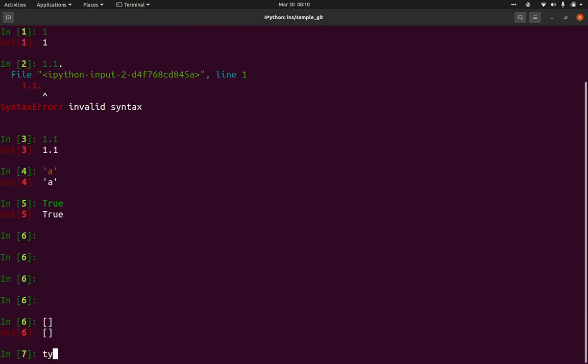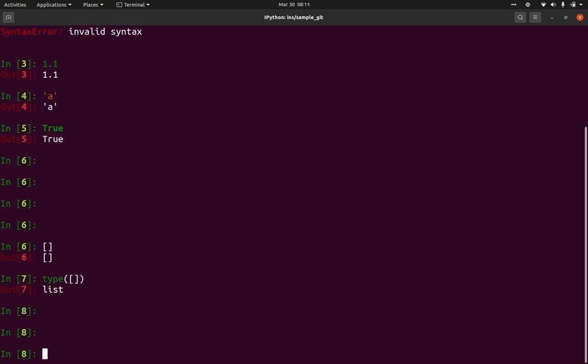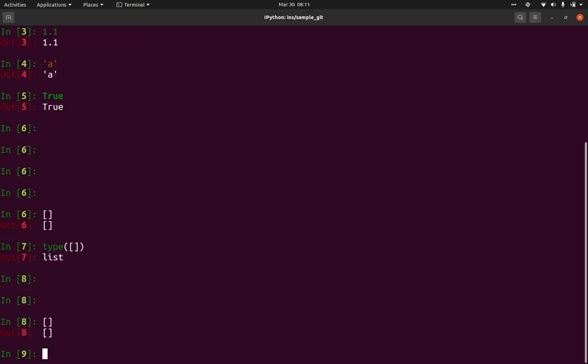If you want to check the type, you can always check the type, right? We already saw this keyword, how to use this. Whatever data type you are giving inside, it will give you the class of that particular data type. So you can check, this is a list, this is the list class. This is an empty list. Inside that you can have a collection of other data types. It can be any data type: a number, a string, a boolean, or another list or set or tuple or anything. Basically any data type comes inside this list.